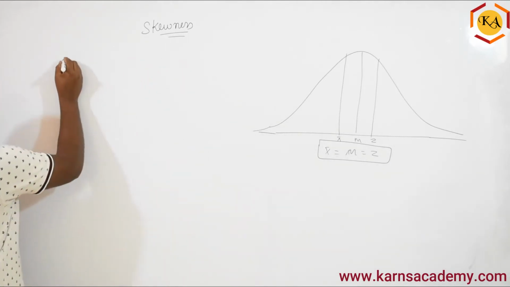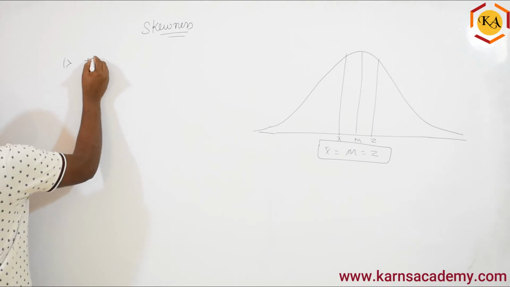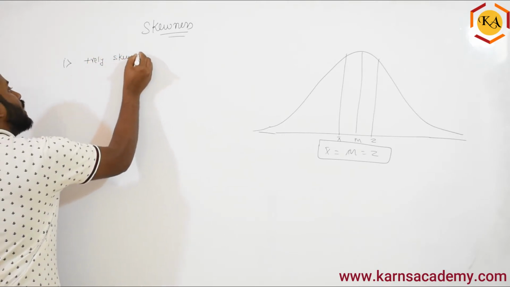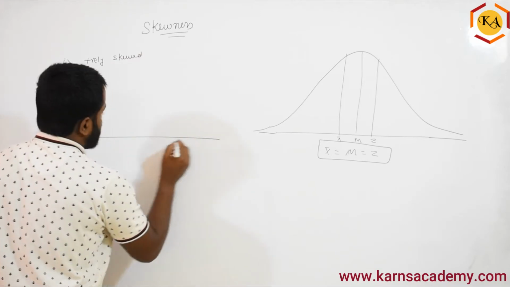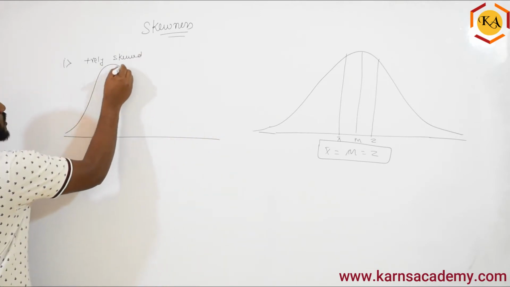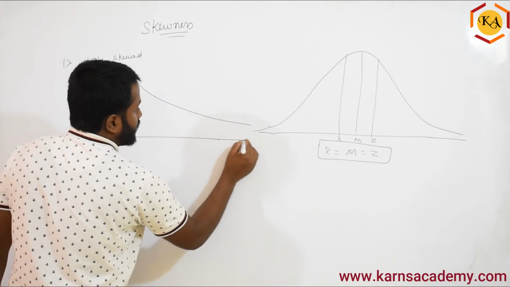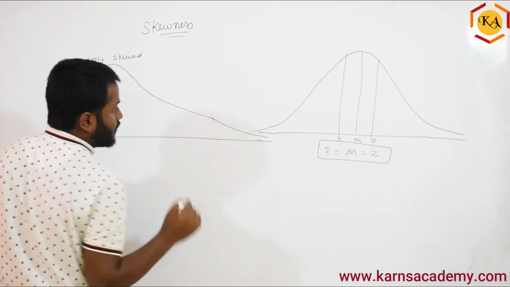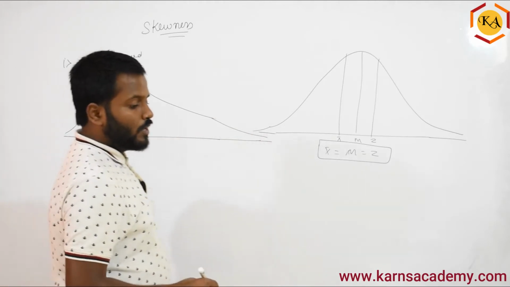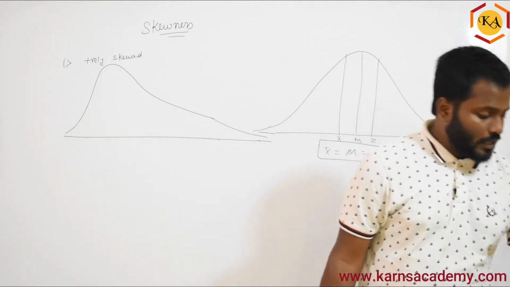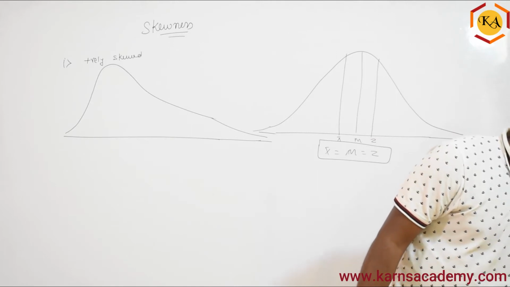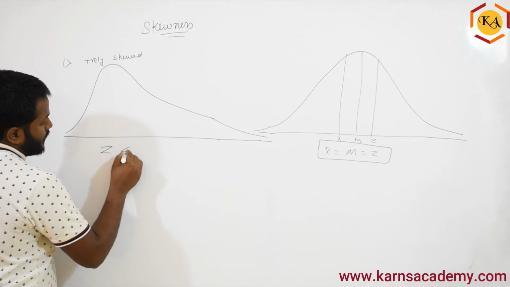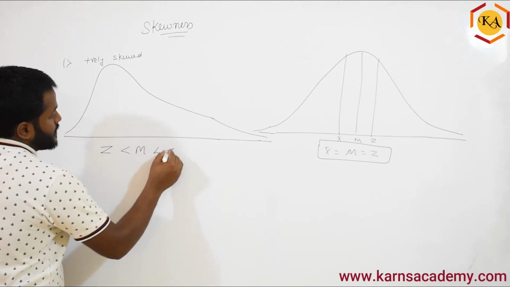Similarly, we have two types of skewness. One is positively skewed, which is something like this, where your data will be skewed in one part. It never joins, so it will be parallel. When we talk about positively skewed, basically, let me just write this, mode less than median less than mean.